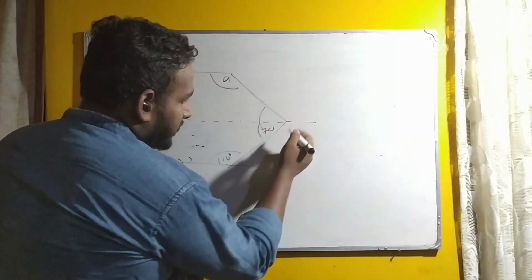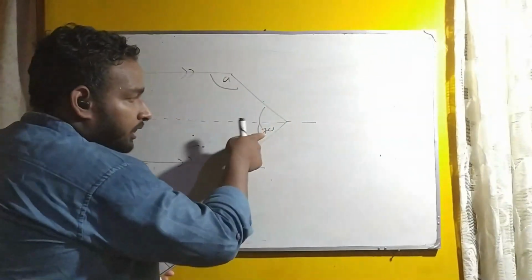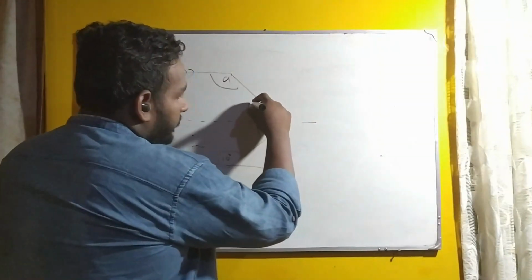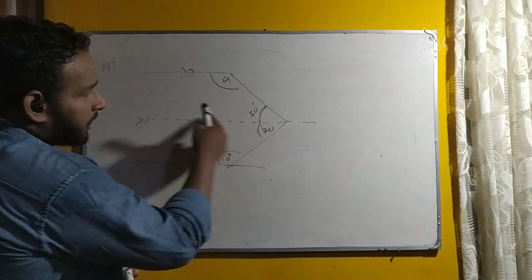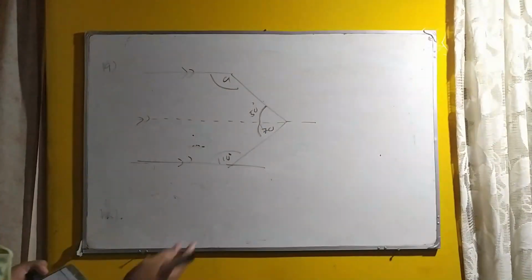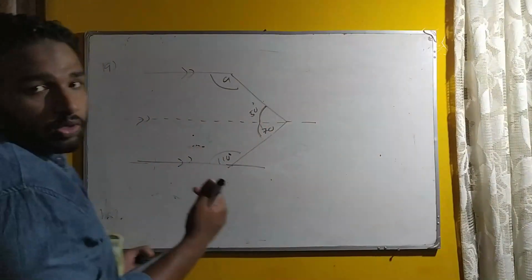Okay, I am erasing this. Here the total angle they have given is 120. This one I have found 70. So this one should be how much? 50. Now if you come to this part, these two are allied angles. These two pair are allied angles. If you add them two, it should be equal to 180.